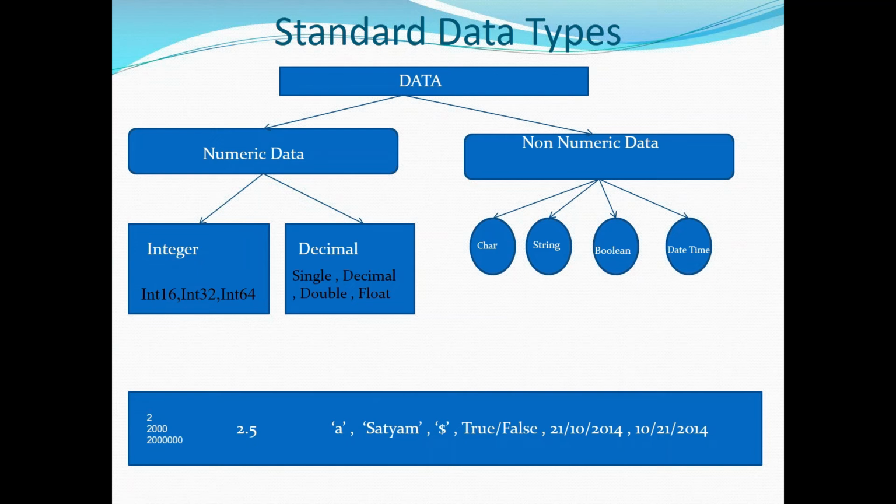In another scenario, I am going to store 2000. What is 2000? This is also one of the integers. So in case of 2000 also, we should define it as integer. Once you define it as integer, what will happen? The same amount of memory will be allocated. Again it allocates 2 bytes of space. In another scenario, I am going to store 2 lakhs or 20,000.